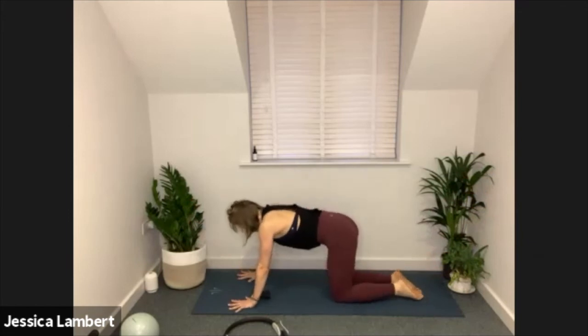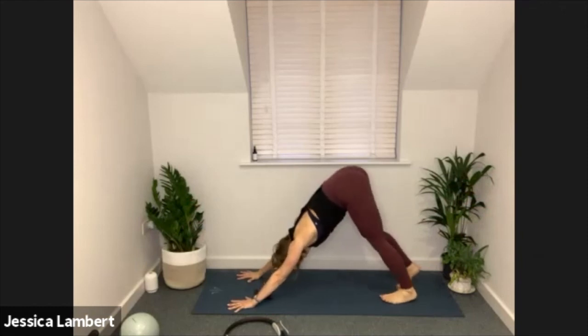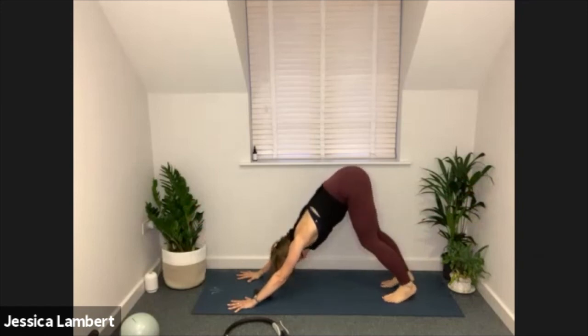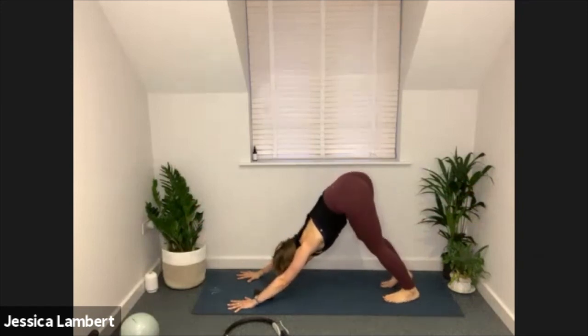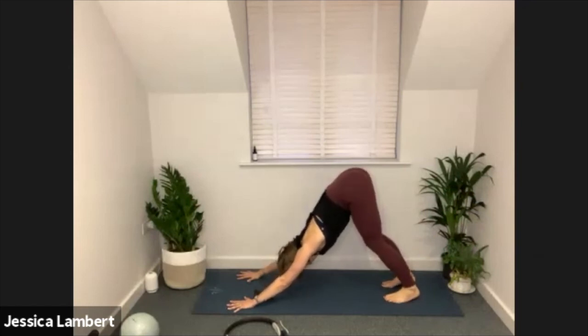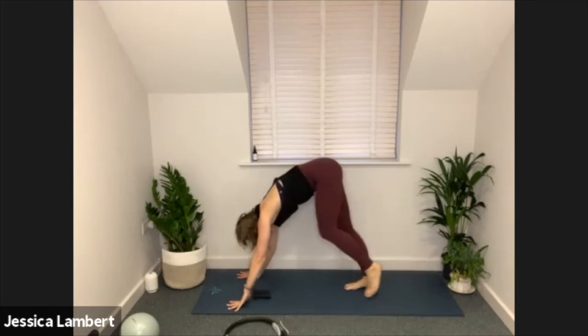Spread both hands into the ground. Tuck your toes, lift the hips up. Stretch back into downward facing. Walk through the feet. Give the head a shake. Breathe in and out. Breathe in and out. Walk the feet into the hands,